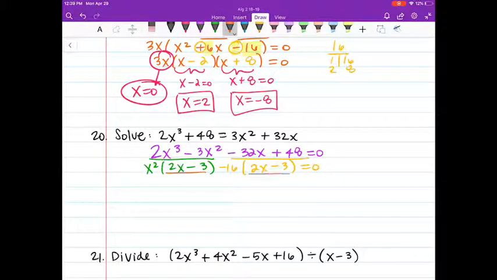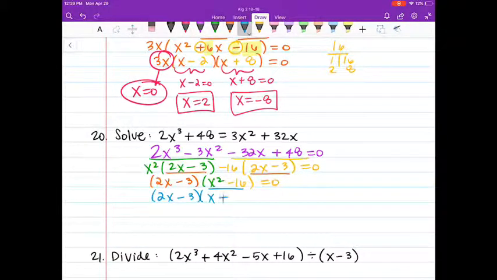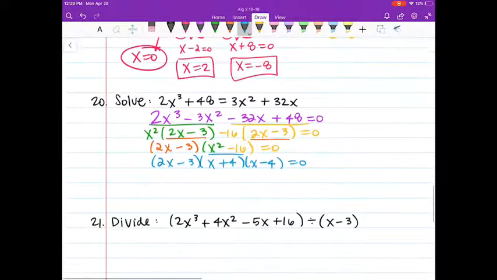I take that 2x minus 3 out of both groups. So 2x minus 3 times x squared minus 16, still equal to 0. I can actually factor further. My x squared minus 16, I have a difference of two squares. So I have 2x minus 3, and then that becomes x plus 4, x minus 4 equals 0, and then